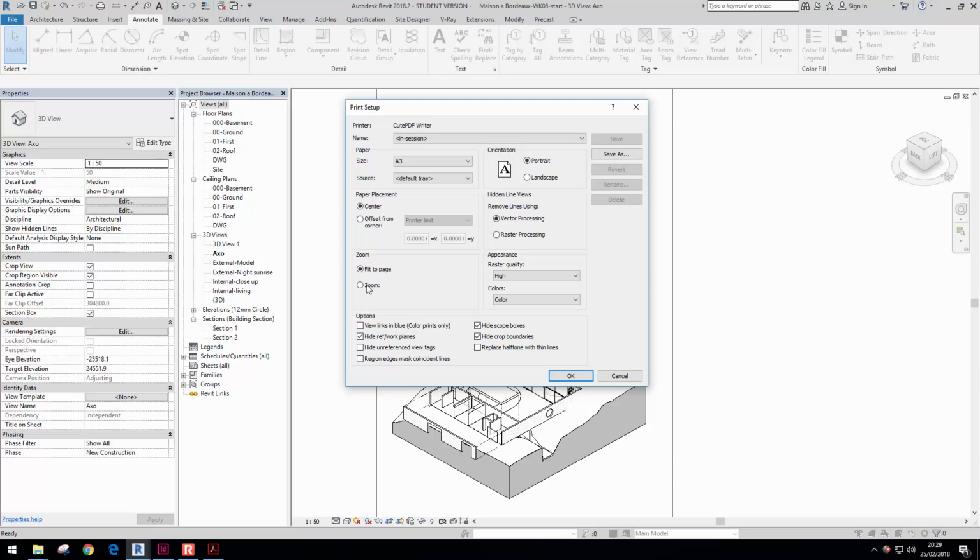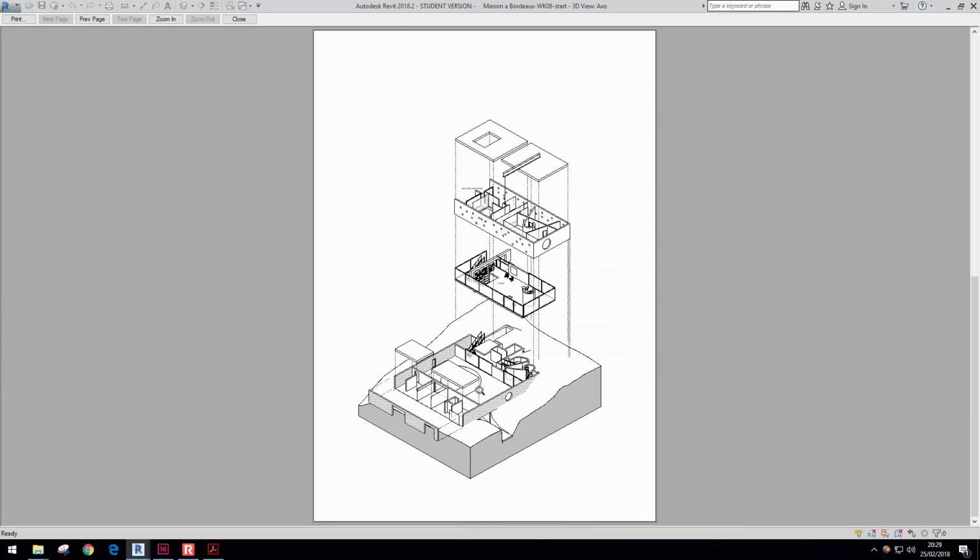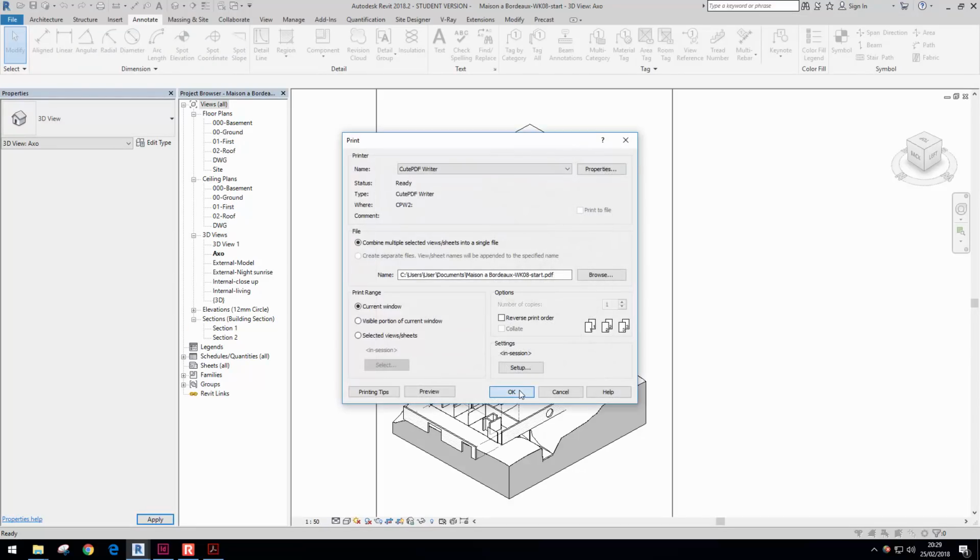and to print, if you want to print at a 1 to 50 scale, you have to change it from fit to page to zoom. So zoom will print that page at a 1 to 50, so you have to make sure it fits on an A3 page. But for the purposes of what we're doing, I'm just going to click fit to page. Click OK and make sure that current view is selected. If you click on preview, it will scale it to the page size. At the top left, click print, click OK,